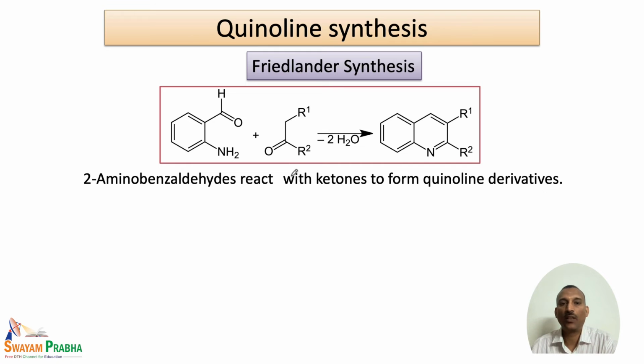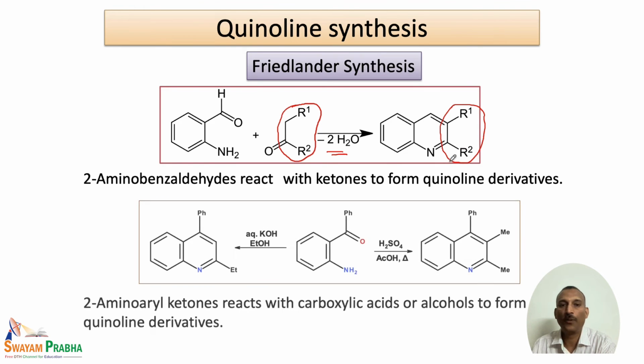The next one is the Friedlander synthesis. In this particular case, 2-aminobenzaldehyde is treated with ketones, and this condensation leads to loss of two water molecules, and substituted quinolines are formed. Whatever substituent is present on the carbonyl unit is actually present here. So depending on which ketone we start with, we will end up with the corresponding alkyl-substituted quinolines. And another method is